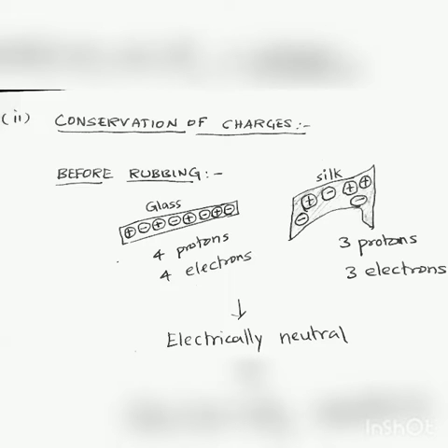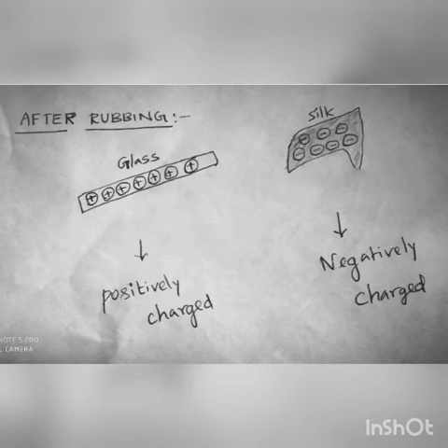While rubbing these objects, some electric charges present in the glass rod start moving and are transferred to the silk cloth. Some charges present in the silk cloth may transfer to the glass rod. After rubbing each other, the charges are transferred. Finally, an excess of positive charges is present in the glass. So the glass becomes a positively charged object, and the silk cloth contains an equal number of negative charges. Hence, it becomes a negatively charged object.